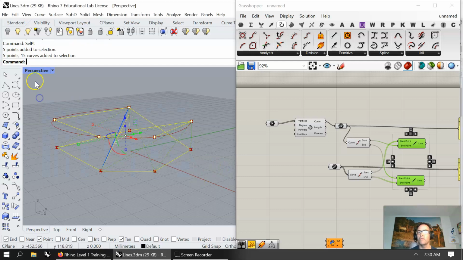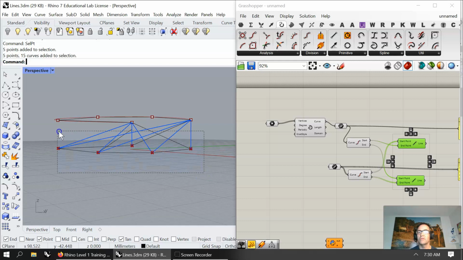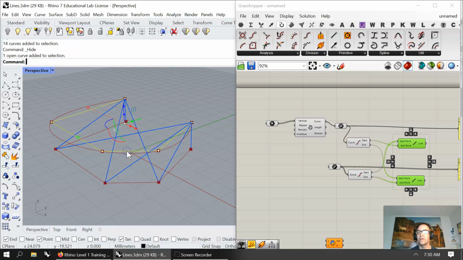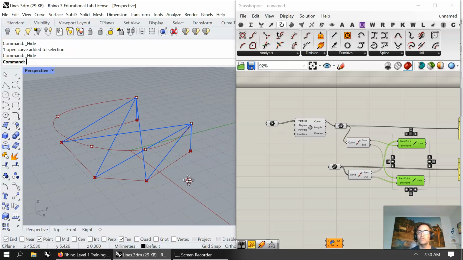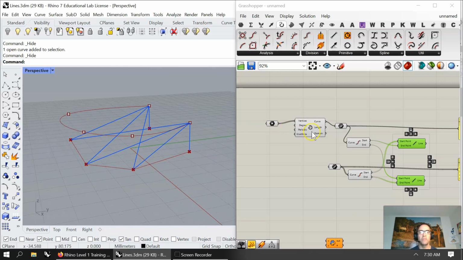We can take off everything we were looking at, except, I think what I'll do is I'll select all of this and hide that. And I think I have a curve here I want to hide. And there's the interpolated points. But what's nice is those points will update. And even though I don't have these interpolated points,